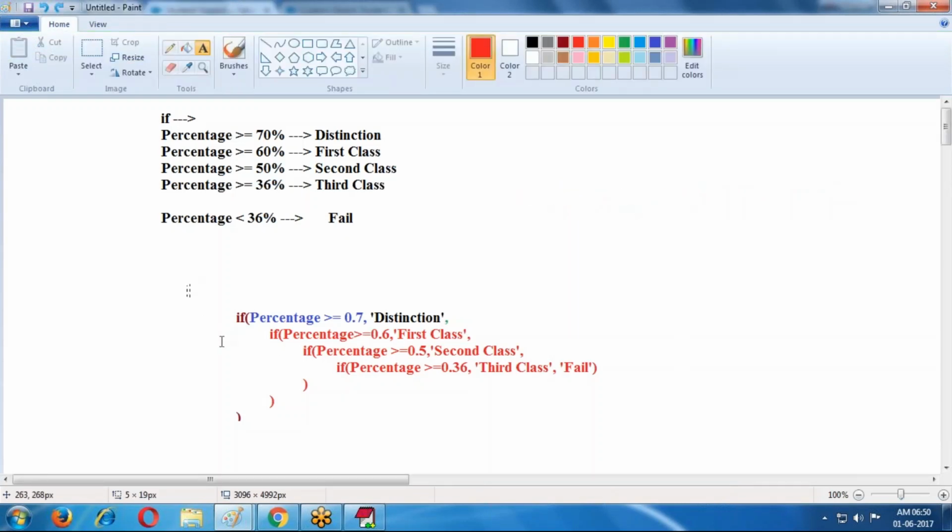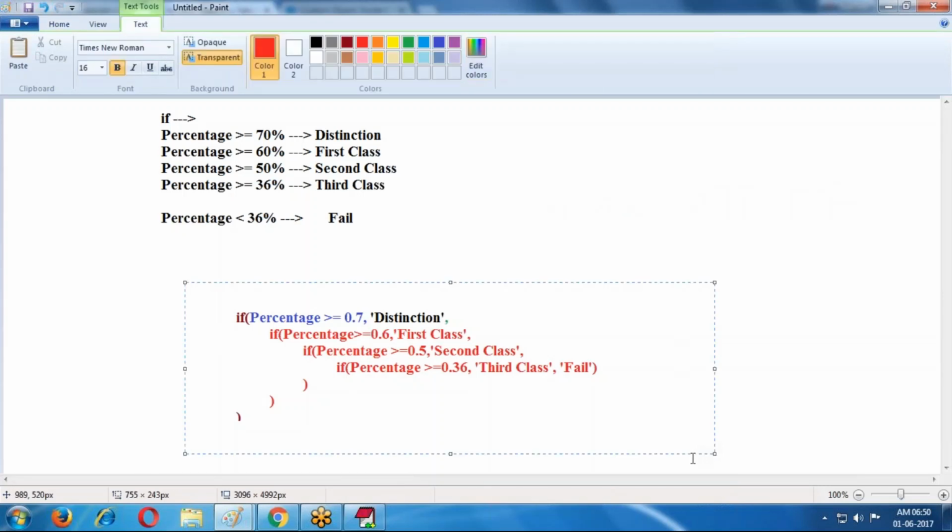So in this case, we are writing one more logic. In the IF condition: logic, true value, false value. We write it like this. In the case of the false value, I am writing Fail only.